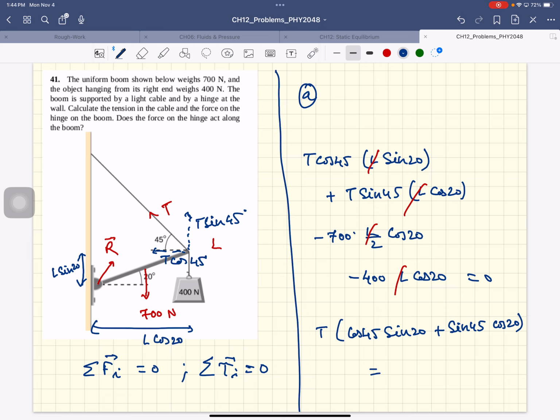700 divided by 2 is 350 cosine 20 plus 400 cosine 20. Okay. So 750 cosine 20. And this is, you know your trigonometry, this is sine A cosine B. I mean sine A plus B, that's the formula for that. Is sine 65. Okay. Sine A plus B is sine A cosine B plus cosine A sine B. So the tension